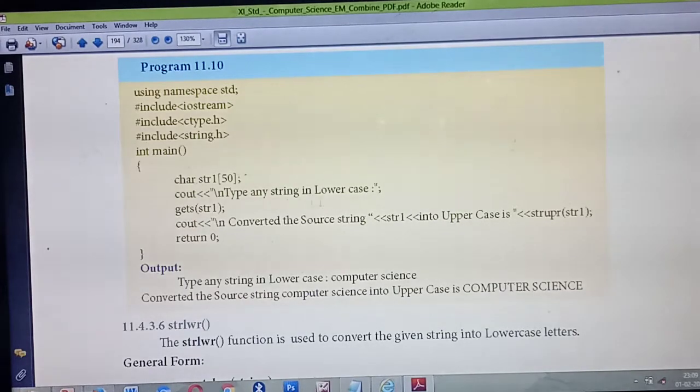That is taken by whom? This is the gets (str) function. So what's the use of the gets function? Normally it is used to get the input through the input device and give the output, isn't it? The same thing applies here. Next, they have given the conversion to a source string.